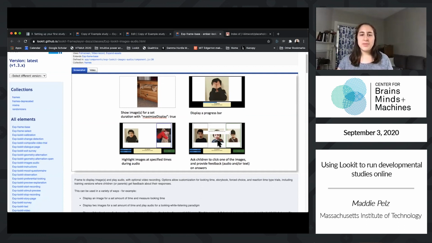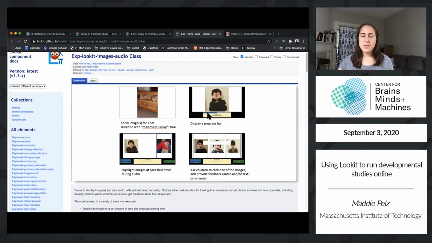So I have a study that I'll show you after we're done going through this one, where I use this framework as a storybook task. So I bring up images, I talk about them, and then I offer kids a choice. And that's my data collection measure: when I show them one, which one do they say matches the description? So this, in combination with the looking time paradigm that you saw in this example study,